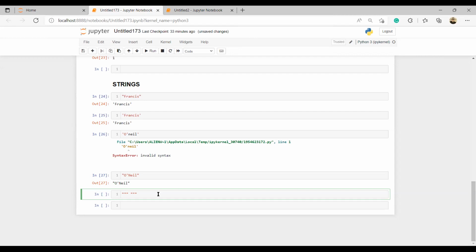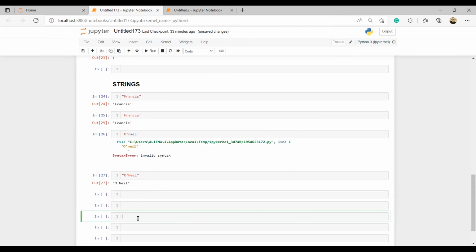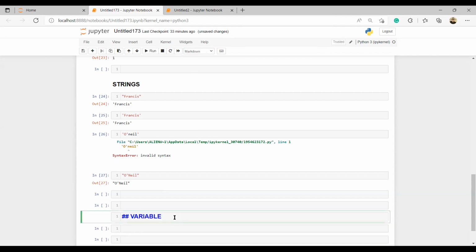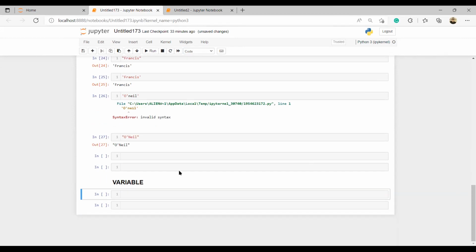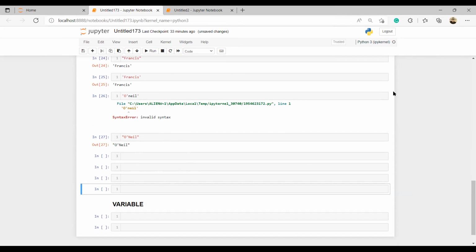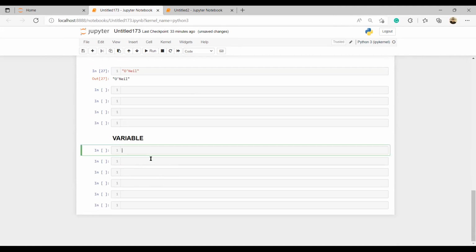Let's go. So now we have seen a string. A string is simply a text. Another thing I want to show us is called a variable. What is a variable? There are some things we are going to learn and we'll come back to them. So what is a variable? Anything that takes values in. Something whose value changes with activity.